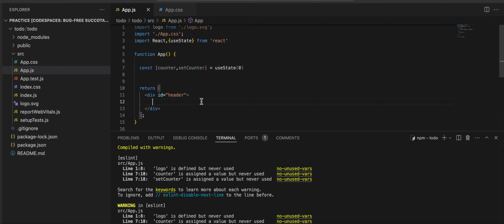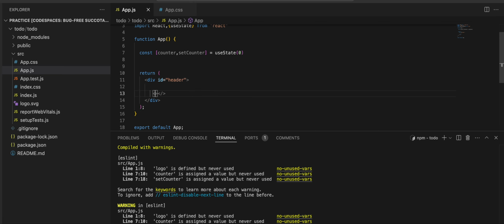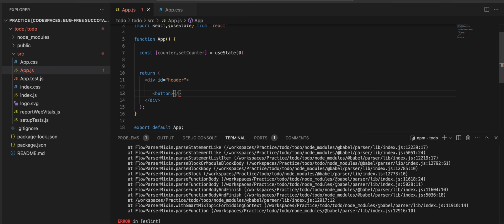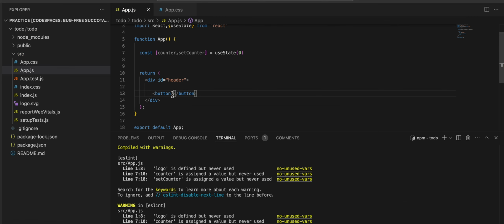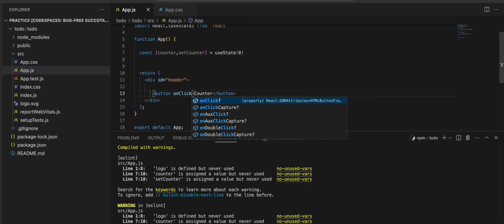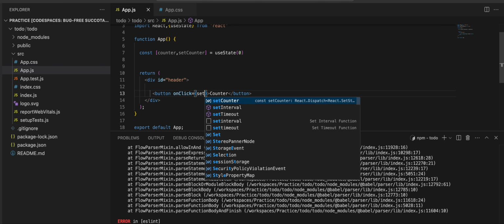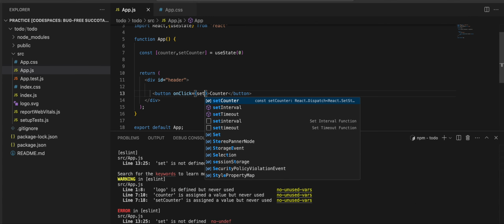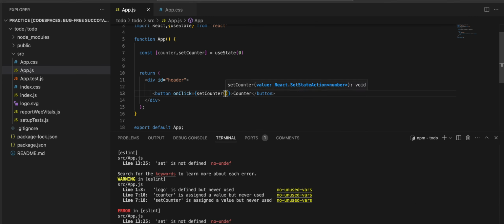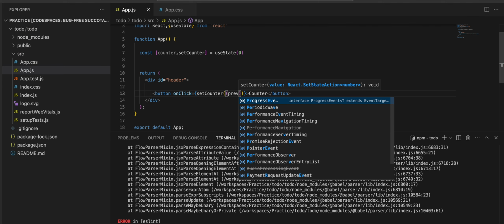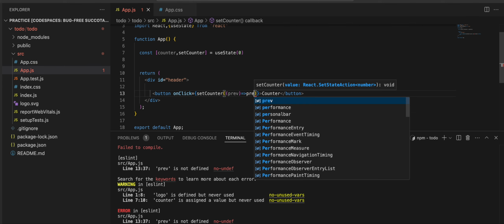and here we basically make a button. Button counter. When we click on the counter, on the click event, we basically set the counter value to the previous value plus 1,